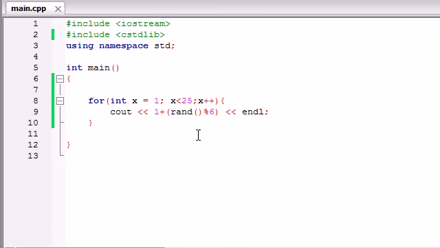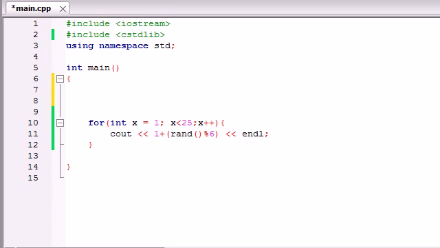So if you're saying, all right, whenever we're building games and stuff, we don't want our numbers to be predictable, what can we do in order to change that algorithm a little bit? Well, the rand function right here runs on a very complex algorithm, and I don't know what the algorithm is, and I don't think many people do, but it's basically a large function that humans aren't meant to understand. So what the C++ developers allowed us to do is seed a random number, and you use that